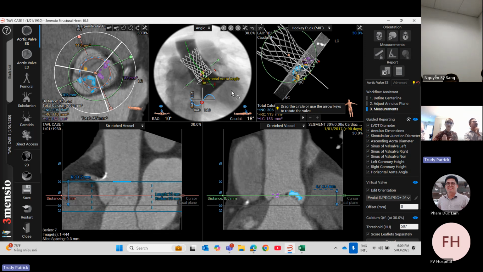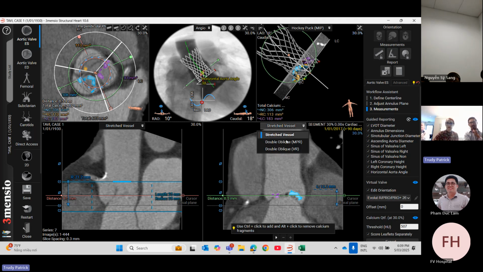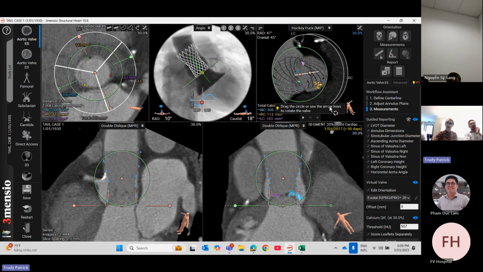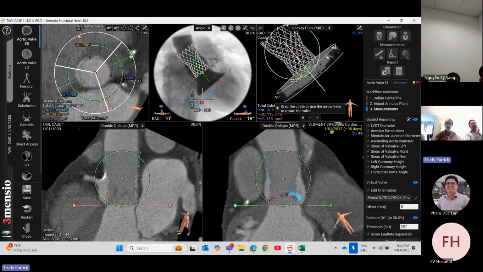of this software, of being able to, when you're doing your workups, have a look if you want to. Yeah. To see how beautiful, and you can actually see how it sits. So, and you can move your valve, and you can find one once you look at your measurements and see how it sits within your valve. So there's a lot of information here, and it's really good software to go and have a play with, and when you load up your cases, go and work your way through and do your